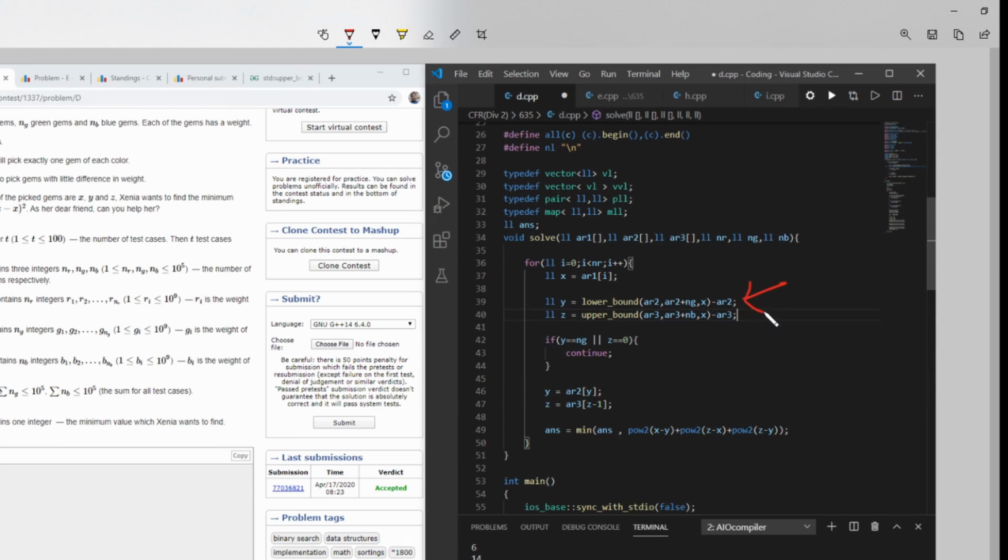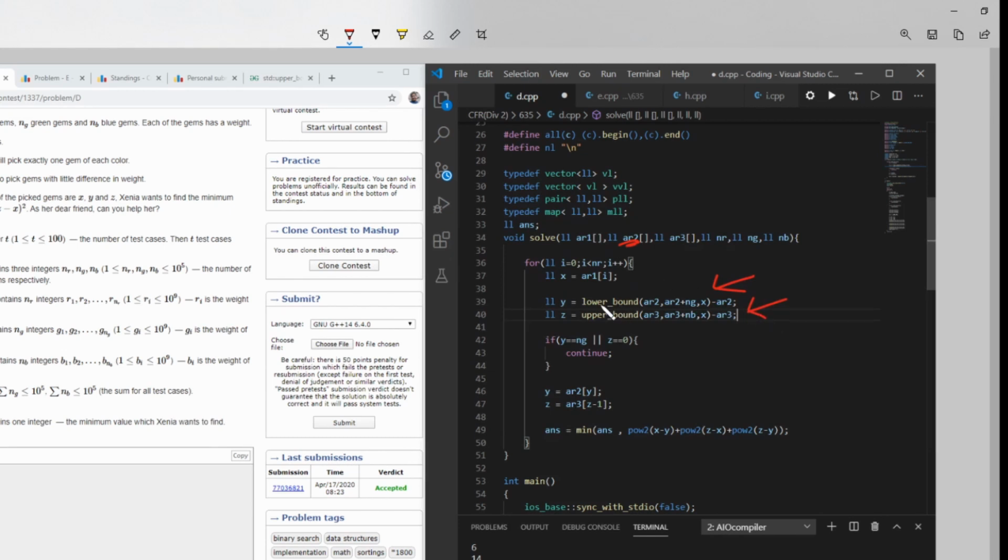See, lower bound, it is here. So what I actually have is that I will apply lower bound to my array 2 and upper bound to my array 3, and as I showed you in the main function, I replaced array 3 and array 2, because I want to have the lower bound value for array 2, and other time for array 3 as well.